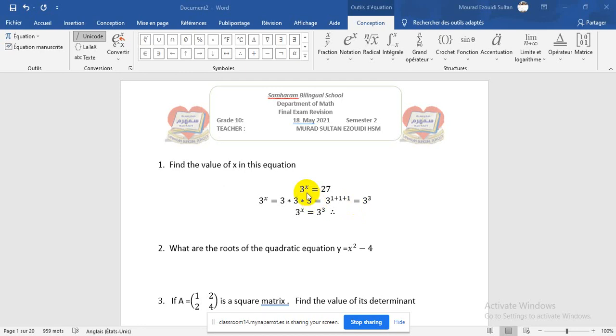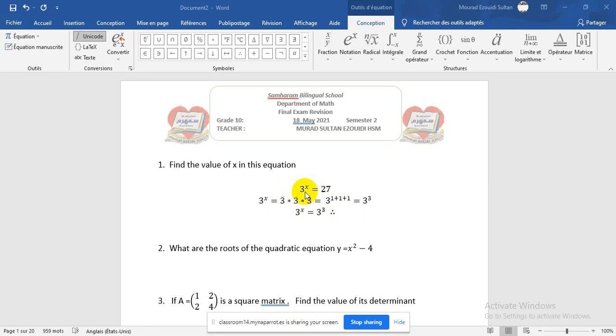We are told that 3 to the power x equals 27. So I will try to write 27 as 3 to the power of a number, where after that you will figure out x. Here, 3 to the power x is the first term written on the